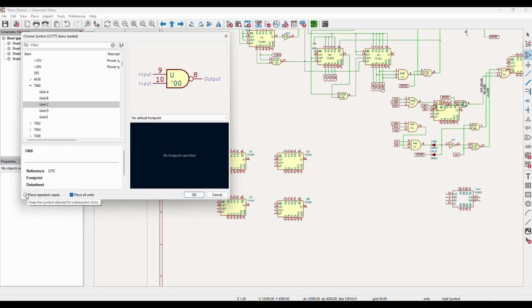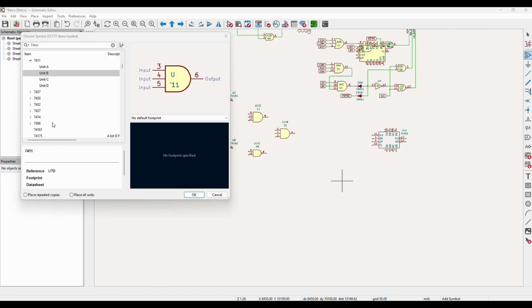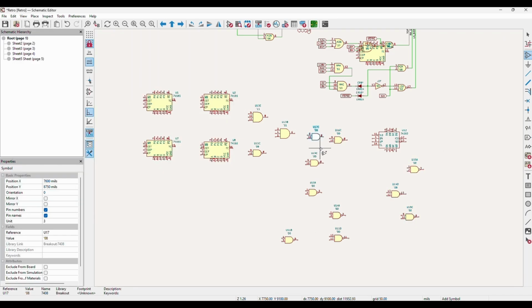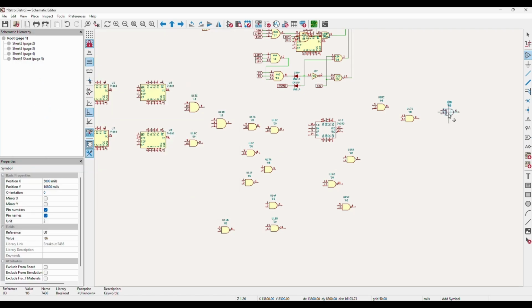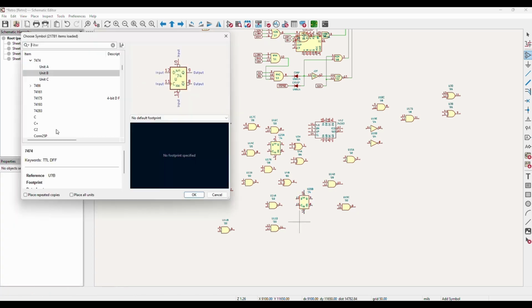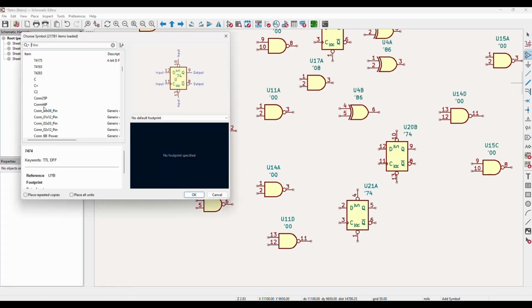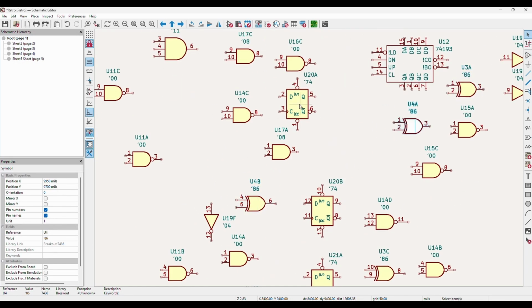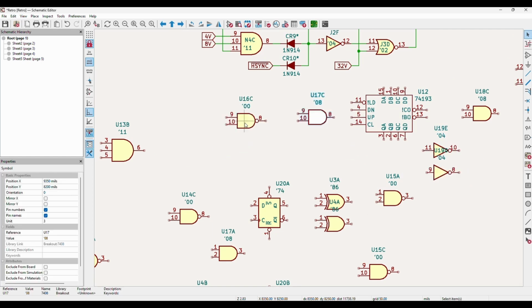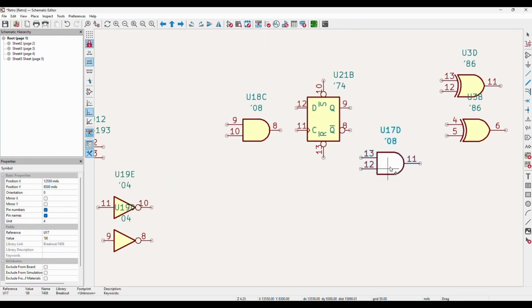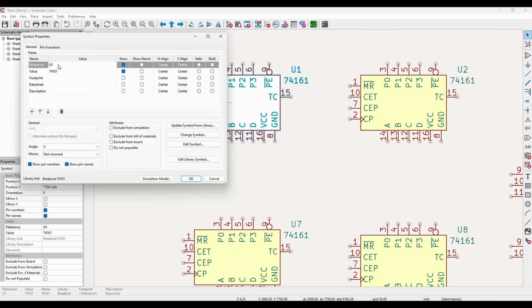Drop in all the gates we'll need. Rename everything.